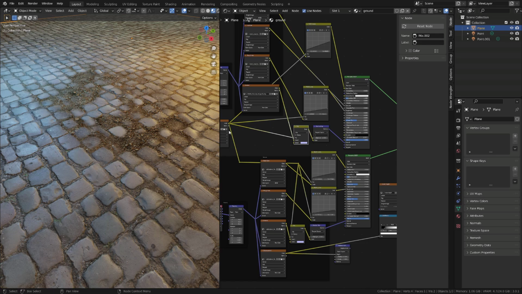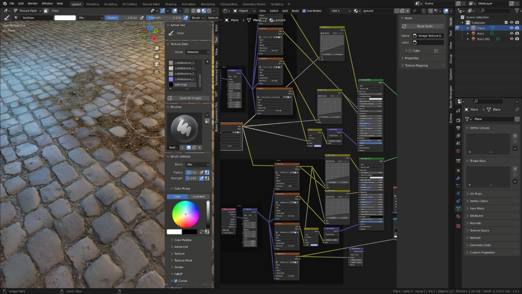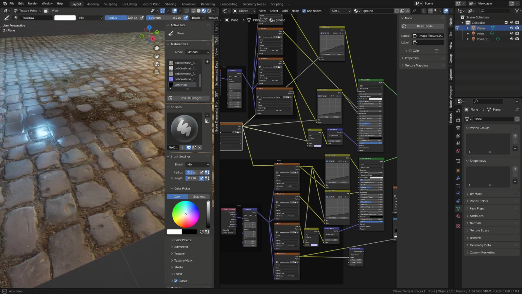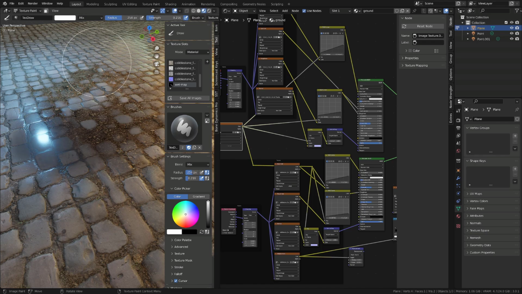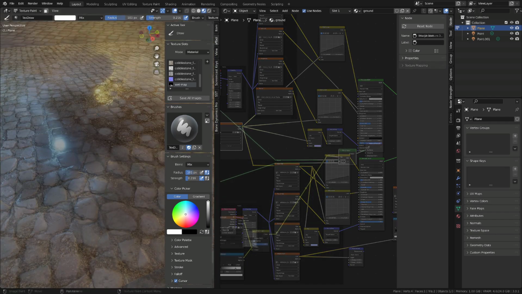From there, in the 3D view, we can jump into Texture Paint mode, making sure that we are painting onto our wet map. And as I paint in white, it will start darkening the surface, reducing its roughness, but also flattening the normals. In this case too, I advise you to use a very low strength while painting, so that you can get very subtle variation on your surface.